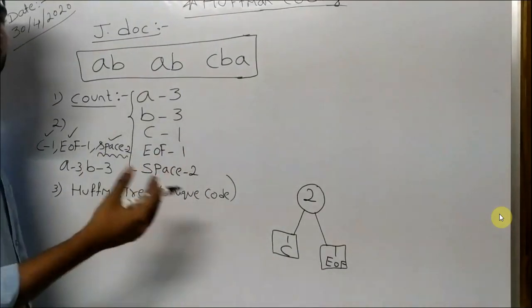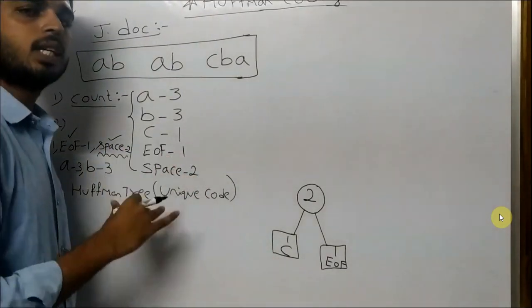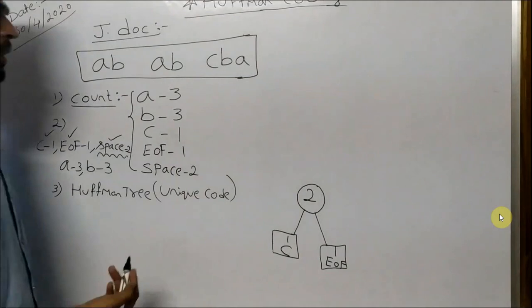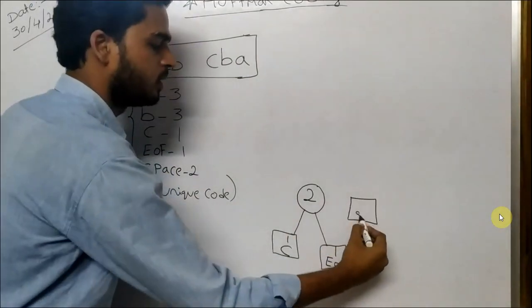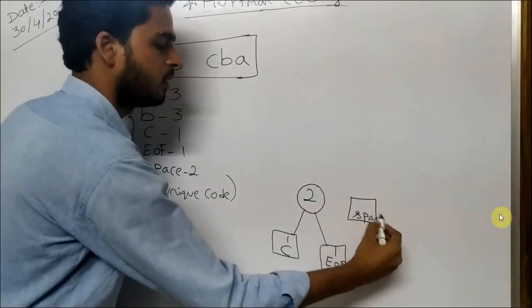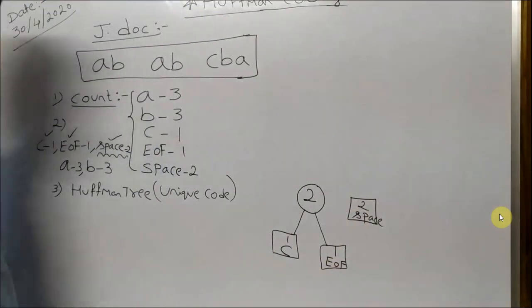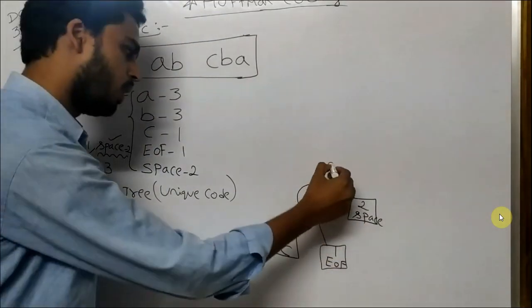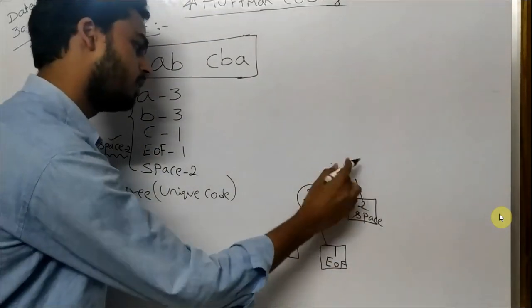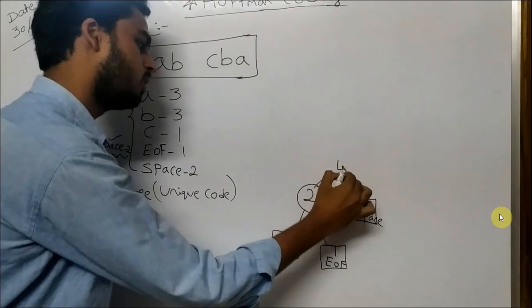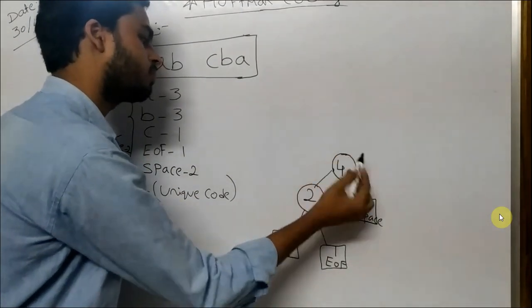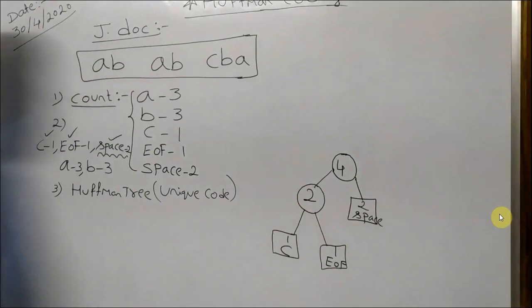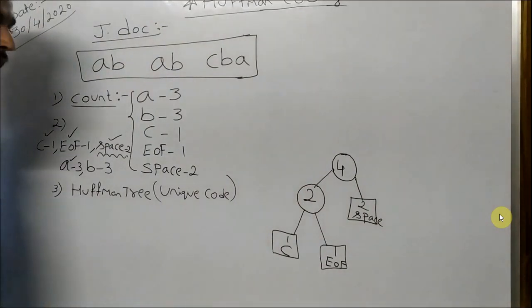If it is equal, it's sure, you can add either left side or right side. For time purposes, I am going to add it on the right side. Space with it. Now I will get the sum of the total count of the parent element as 4. Okay. Next, I am going to get the value A, value 3. Right? See here.